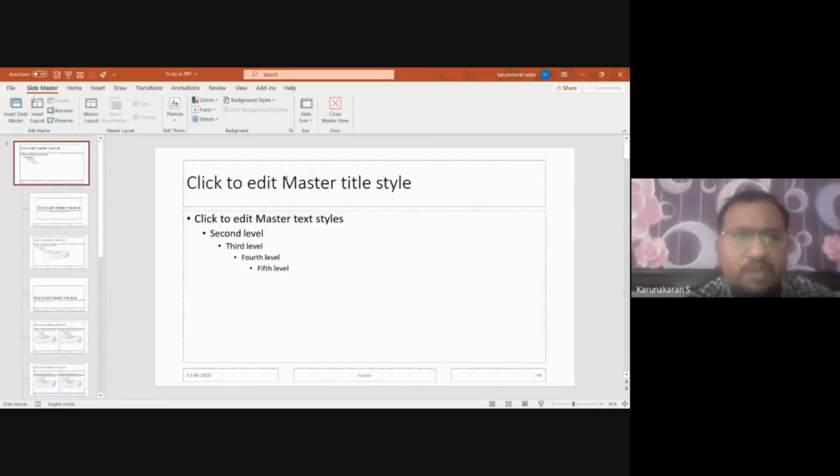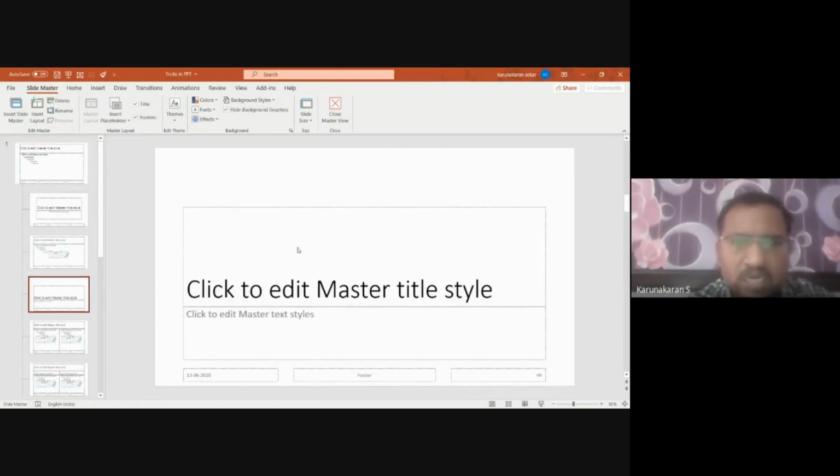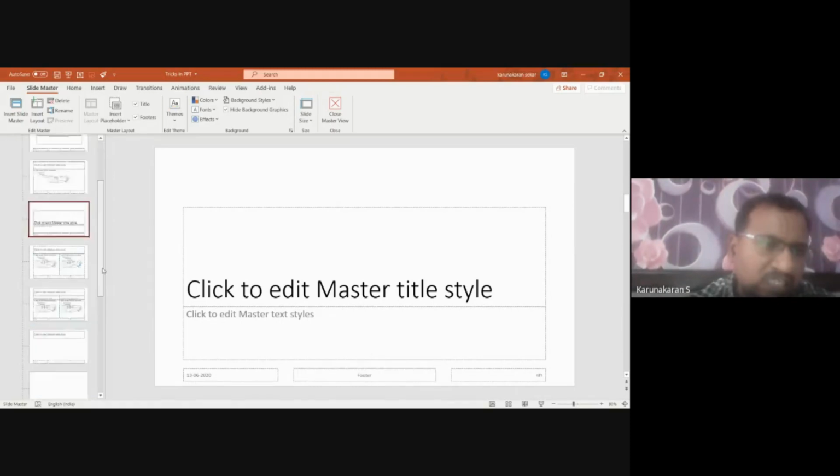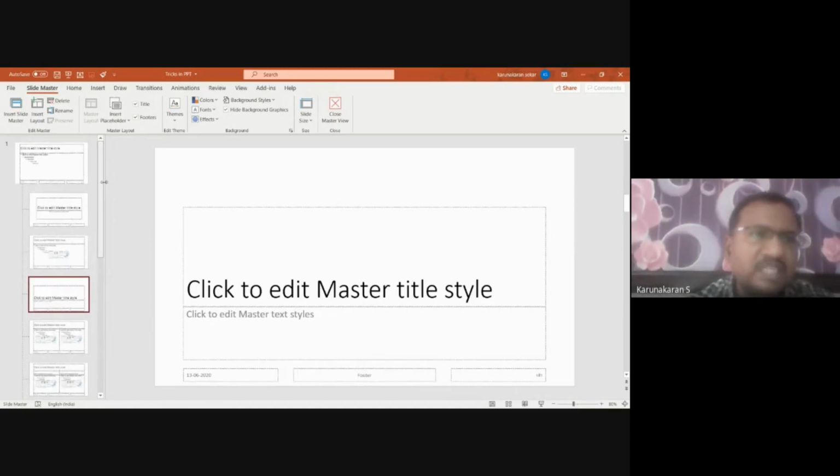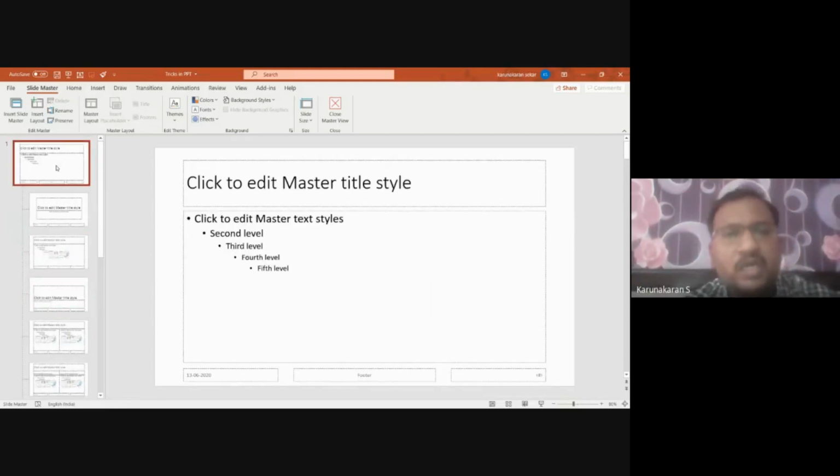Whatever you type in the master slide, immediately you can go on to the next slide or change to the other slide and type it there. If you want a footer to be typed continuously, you can type the footer in the master slide. Transition between all the slides becomes easier for you when you use this master slide. Copying and pasting between the first slide and the 10th slide will become easier for you if you do this, and this will be your master slide. Any changes in the master slide also affect the other slides.